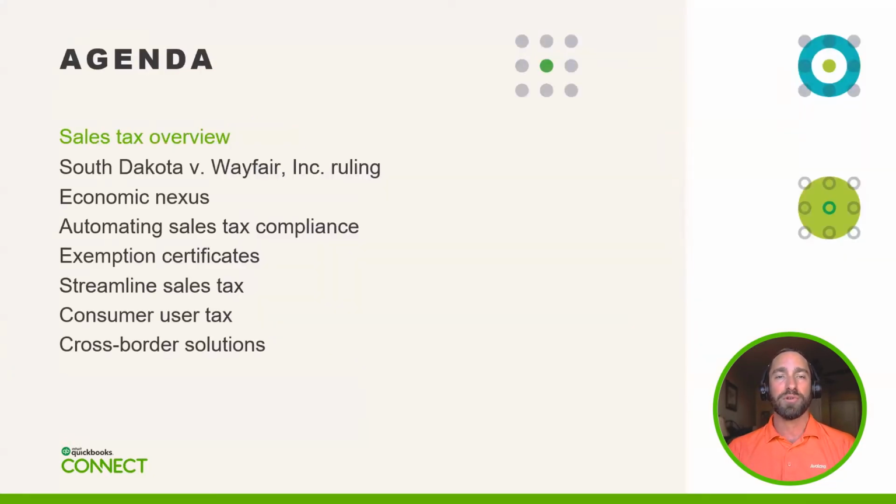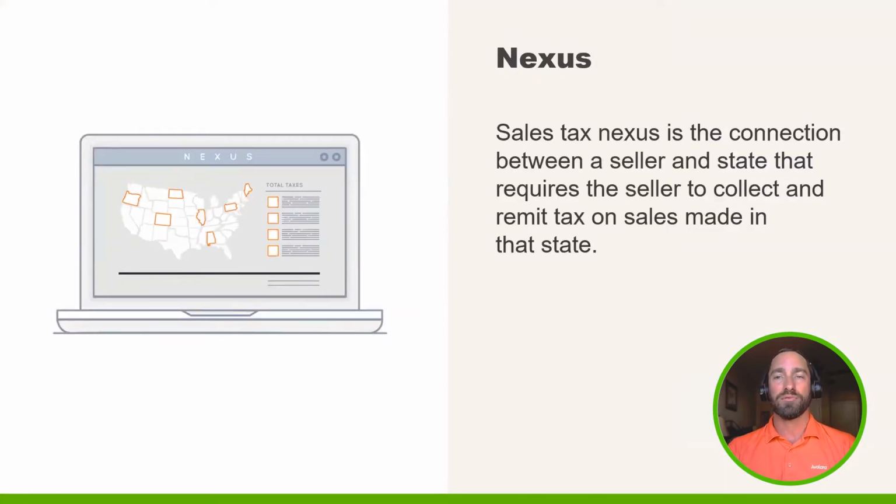So the first thing we're going to do is talk about sales tax. We'll get into the sales tax 101 and 201 and really just make sure you have a firm understanding of what you need to know, the basics, so you can be versed as you head into 2021. Now, everything starts with nexus. Nexus is an industry term that means you've established some sort of physical presence or a tie to a taxing authority. Now, we're going to talk about a couple different ways that you can create nexus, but sales tax nexus gives you an obligation to have to collect, file, and remit sales taxes in a given state.